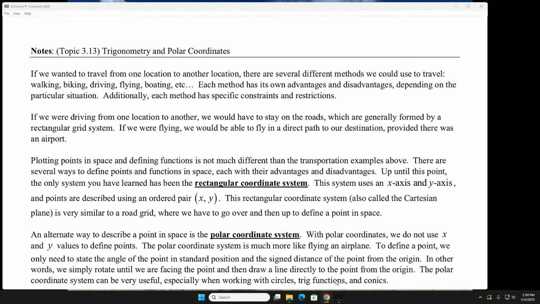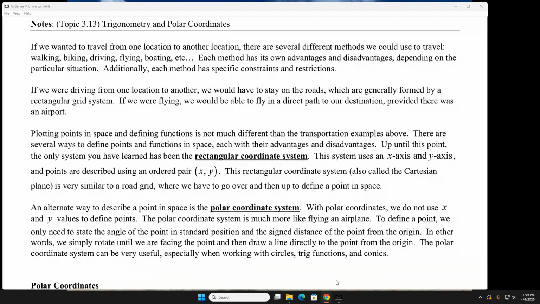So this lesson, we're going to be looking at trigonometry and polar coordinates. There's a lot of words at the beginning, but I think reading them is going to really help you understand what polar coordinates are. If we wanted to travel from one location to another, there are several different methods we could use to